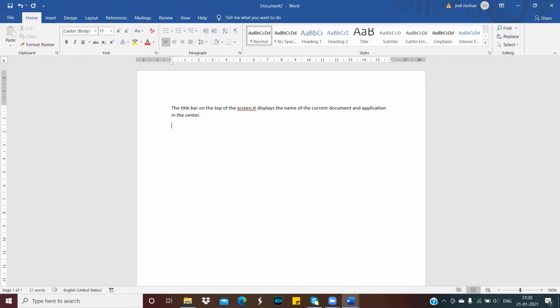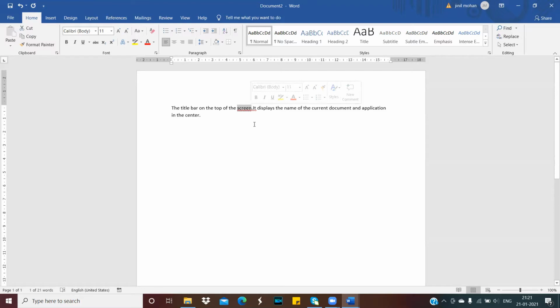The next topic we have to learn in this chapter is how we can select particular text in MS Word. Here I want to select this word. What do I have to do? For that I have to keep the cursor here and click on it, then click and drag the mouse to make the selection.